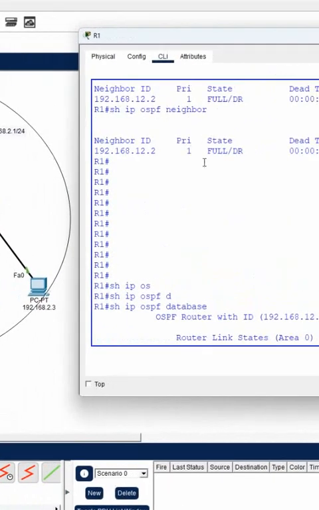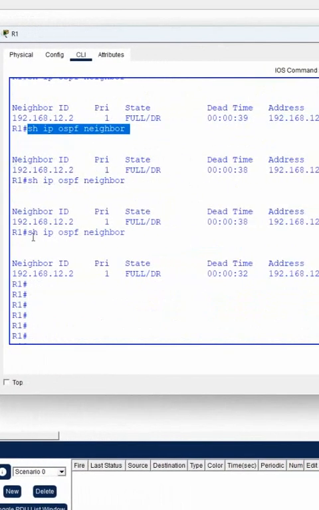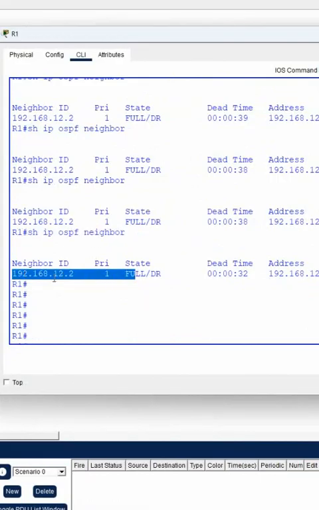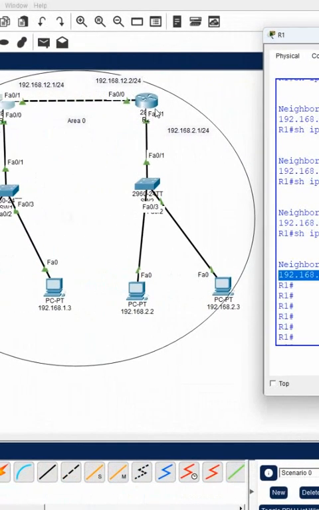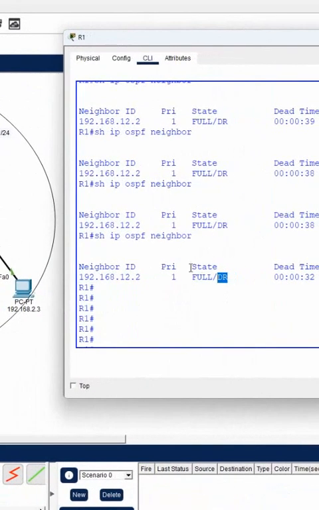How do I know? When I type this command show IP OSPF neighbor, it is showing me the neighbor information. I am here, my neighbor is this one and he is a DR. So with this command, we know that this guy is